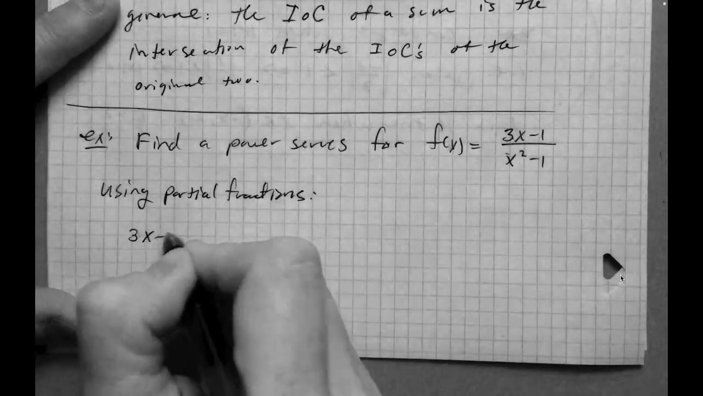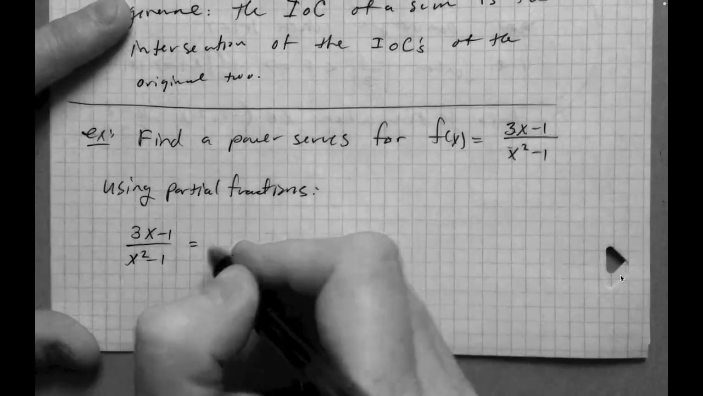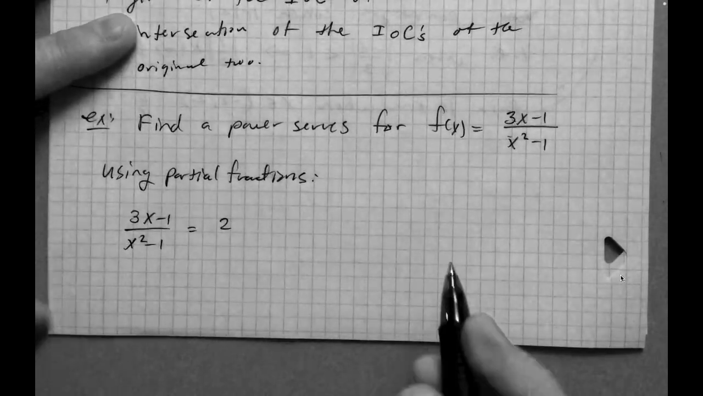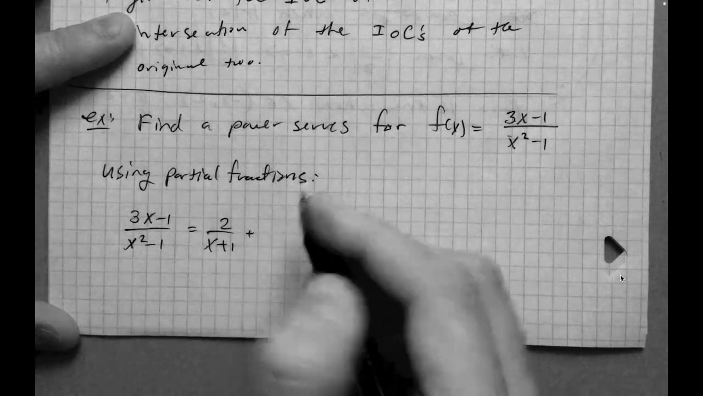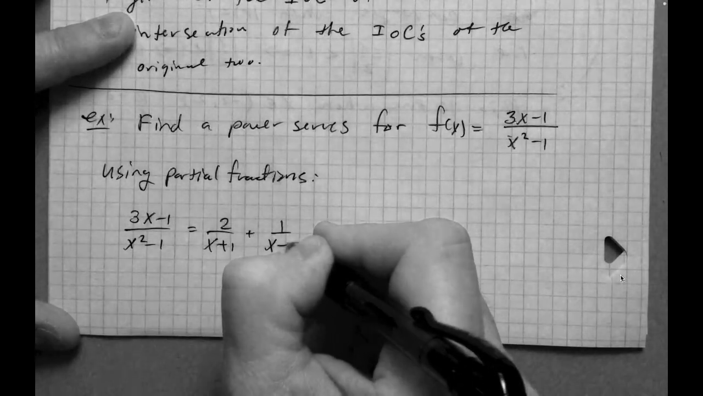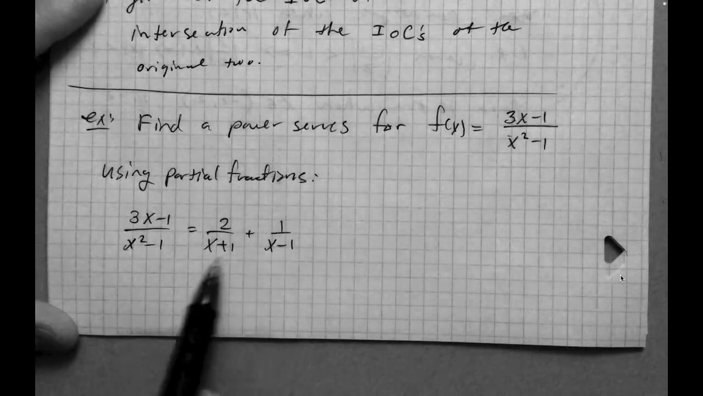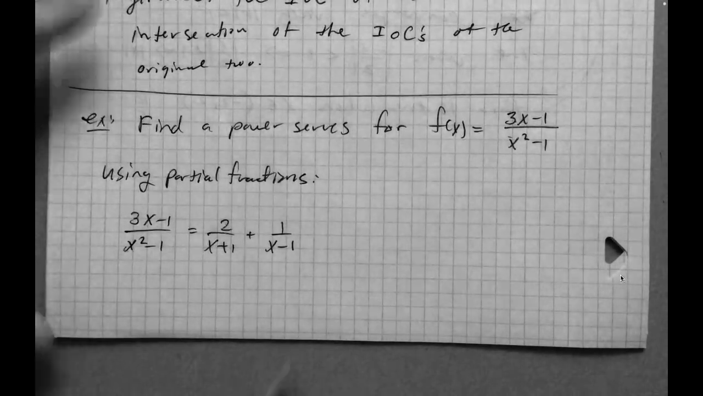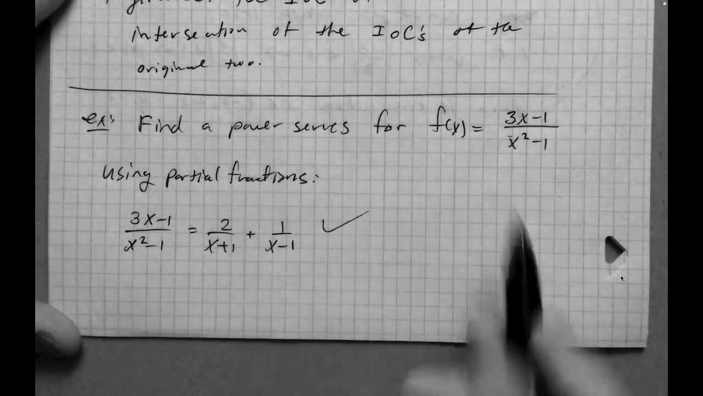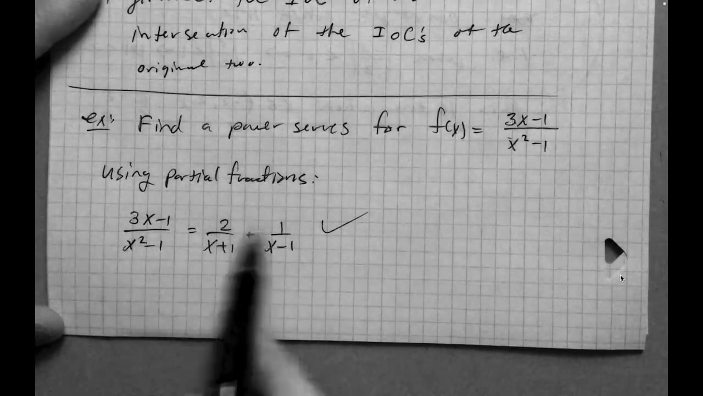So 3x minus 1 over x squared minus 1, right? And you can do a partial fraction decomposition on this, and when you do, you get 2 over x plus 1 plus 1 over x minus 1. Okay, so clearly this could be factored into these two pieces, and the numerators can be found. Right? And so given the fact that the function can be written as a sum like this,